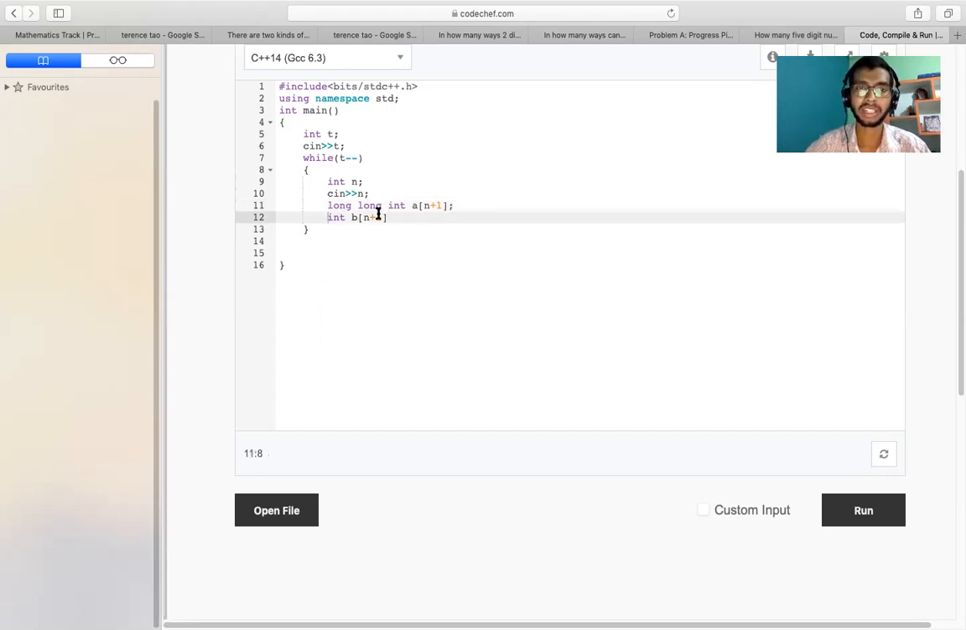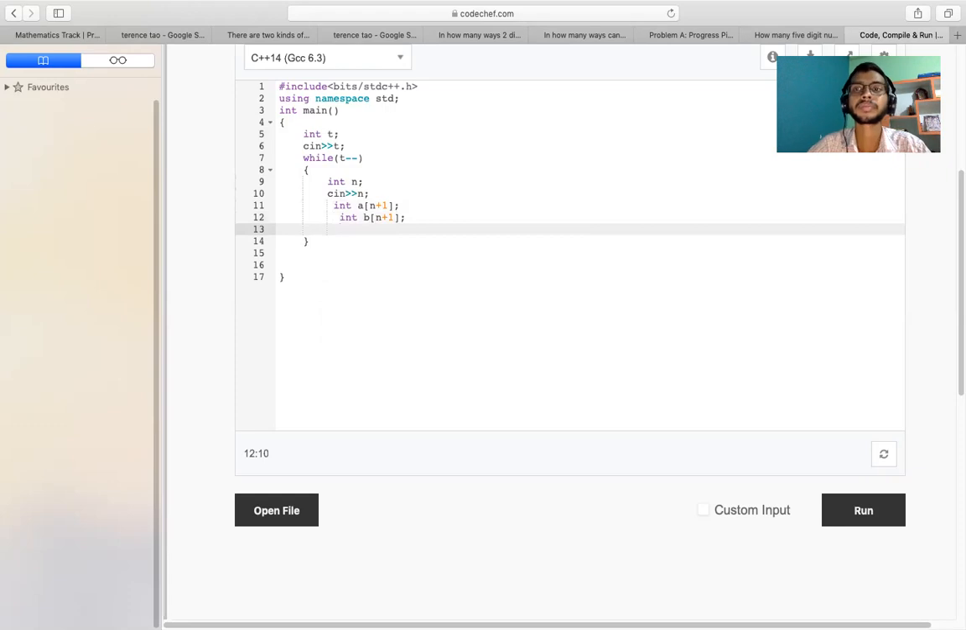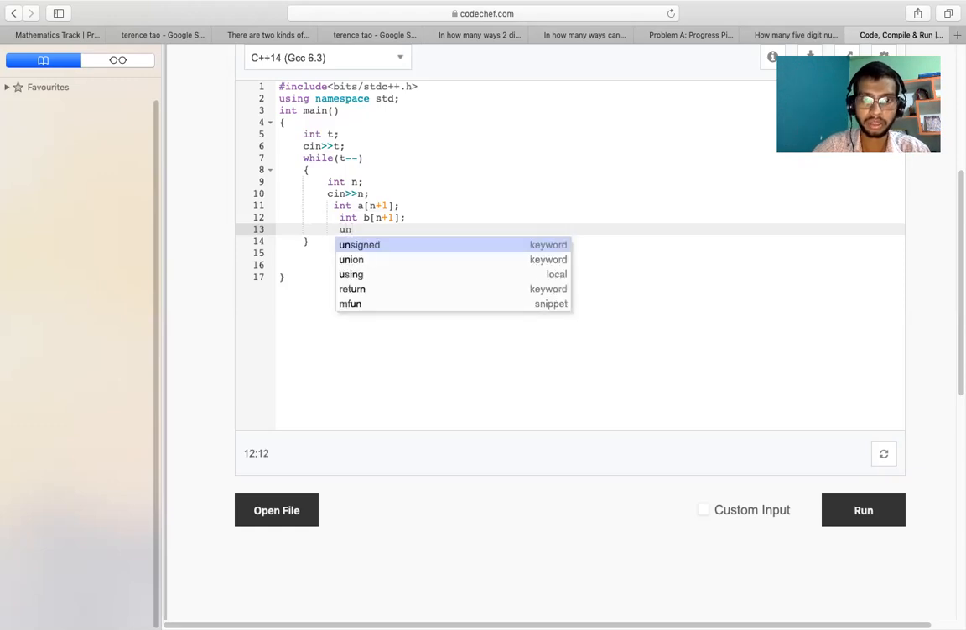Basically it doesn't matter if you make the array long or integer type, because integer can also handle the range of 10 to the power 9. Okay, so again what we have to do, I'll simply make an unordered